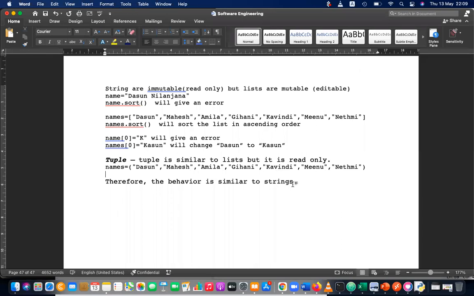Right, in dictionary, so next one is dictionary. When it comes to dictionary, it doesn't have the 0, 1, 2 like keys. It is a key and value pair.